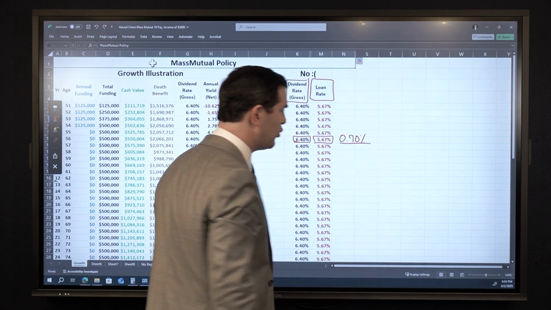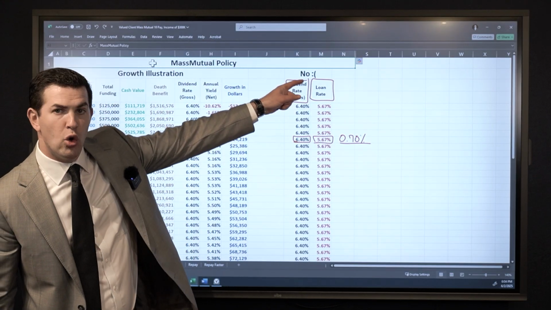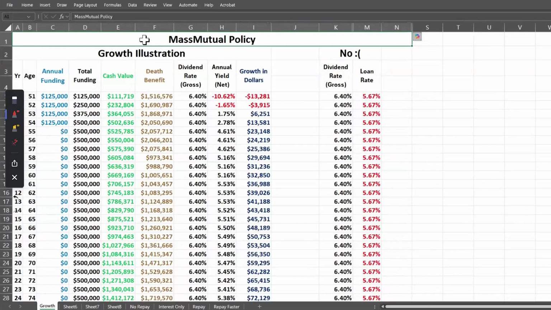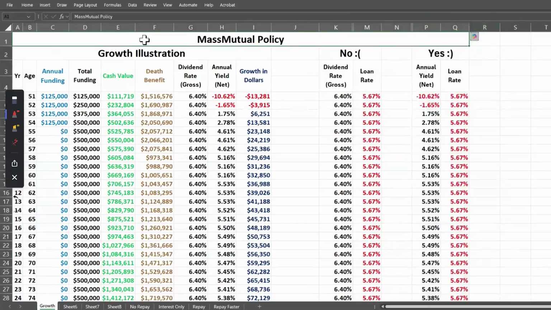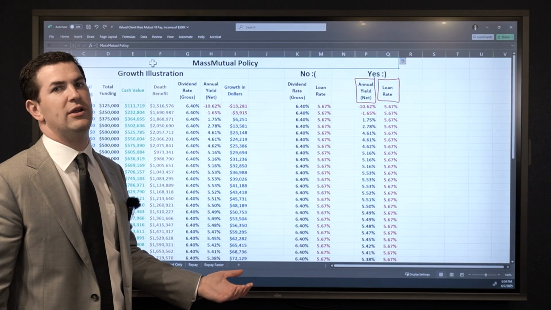That's a 70 basis point spread if I do nothing. We have the word no up top with my little sad face because it's not how it works. Yes, here's what I would look at. Your annual yield, or just your yearly rate of return, and compare that with whatever the loan interest rate is